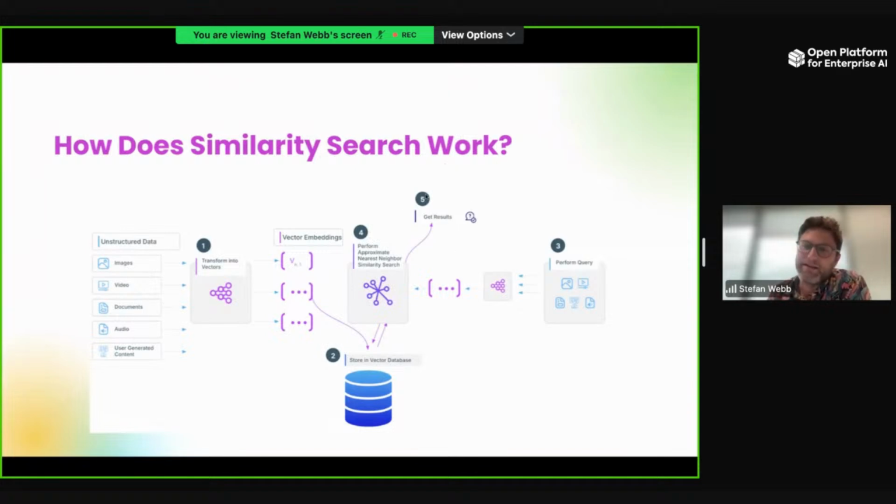We could do several things with it from there, depending on the application. You may be interested in the results in and of themselves, or you may want to use them, for example, to provide the context for a large language model prompt, which is known as retrieval augmented generation. You may want to use it in a recommender system, where those would be your candidates.